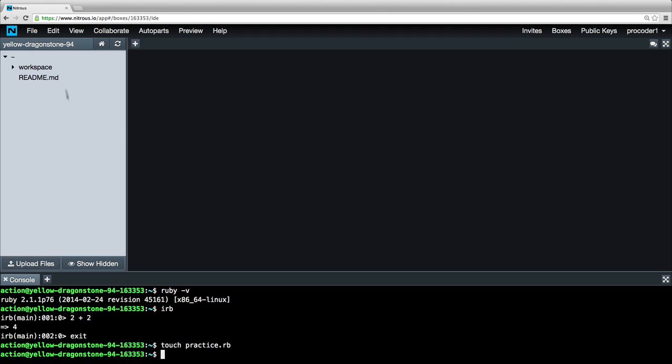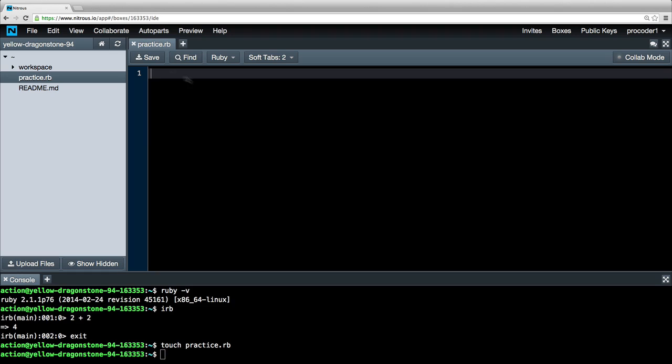Now, if it doesn't automatically show up for you, you might have to hit this refresh button. And there it is. Now we have a new Ruby file. So from here, we can click on this file now and we can work with it. We can enter any kind of Ruby code here and have the computer execute that code. And the way we can execute that code is simply by typing down here in our console again, Ruby, and then the file name,